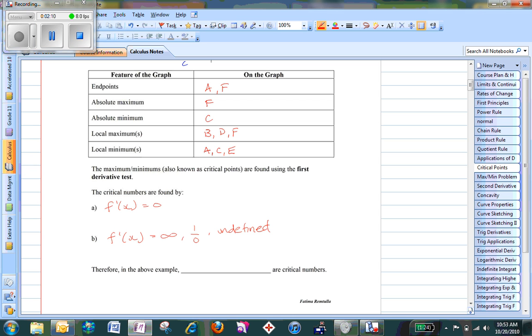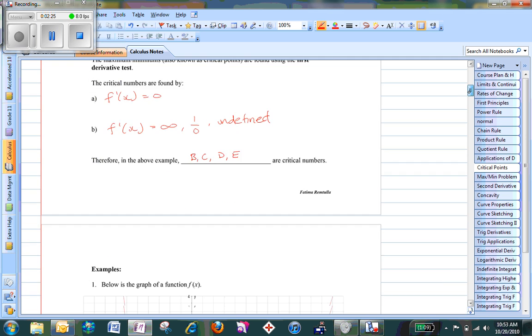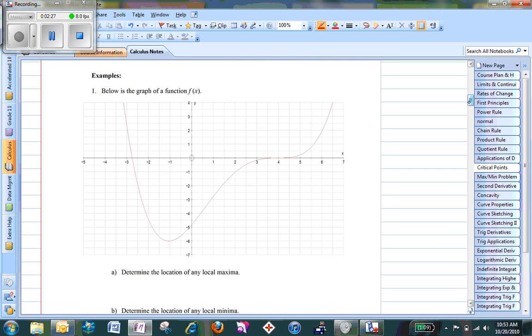In the above example, B, C, D, and E are all examples of maximum or minimums. A and F are endpoints, so they are not technically maximums or minimums when it comes to solving. Now, looking at the graph that's below, notice that the graph of the function is f of x. Sometimes in the IB they like to say the graph below is the graph of the derivative. So be specific and make sure that you're looking at the instructions and that they match with the graph that's